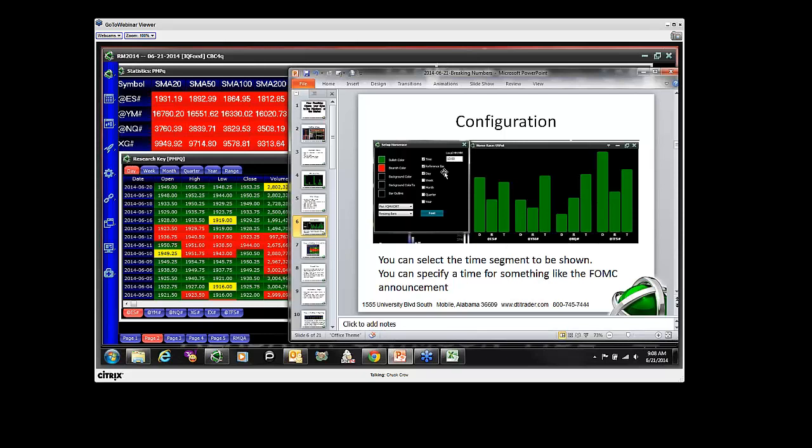Reference, which at DTI we use reference bars. That's how we sort of break the market up into particular days. These are bars that we reference to determine if the market's moving above or below the bar, not just the open, but also the range of the bar. And then you've got your day